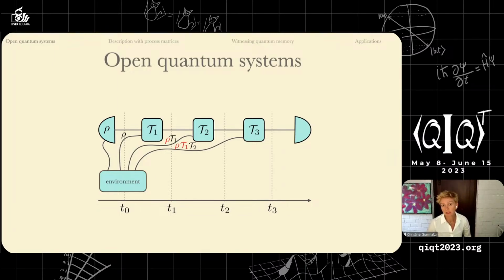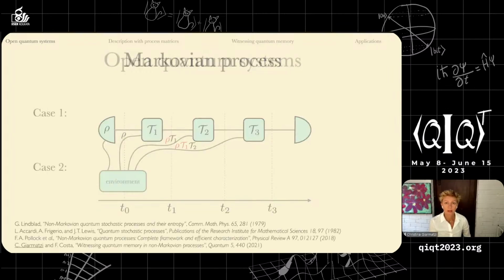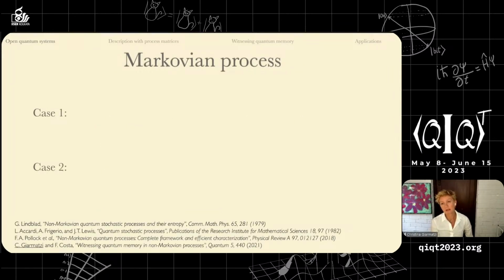So this produces different kinds of noise, and we're going to talk about that. This is the general idea of open quantum systems. The environment is everywhere, and the interactions can depend on past events, on past interactions. Then we categorize the kind of processes that produce this noise, the system-environment interaction, whether the dependence exists or